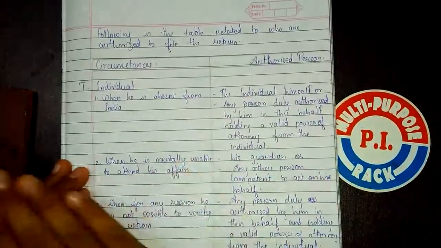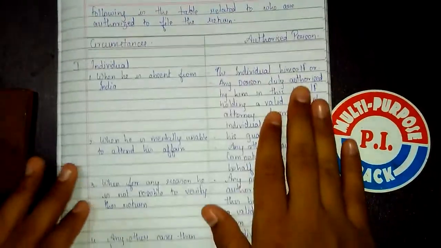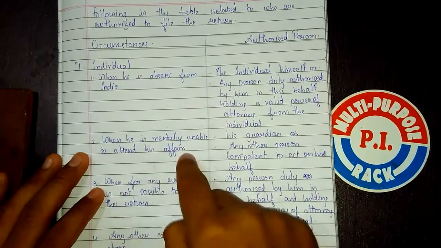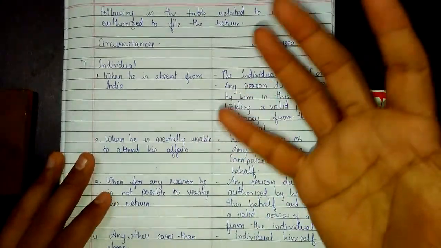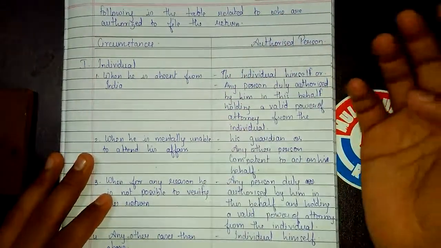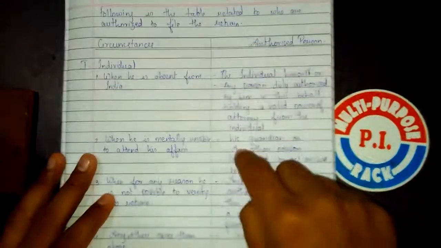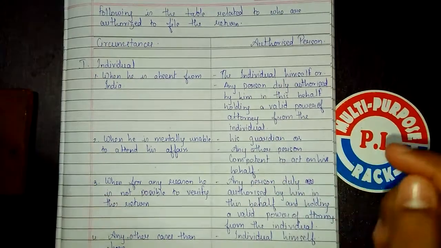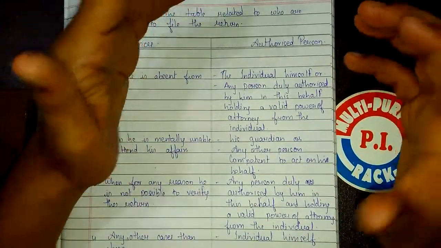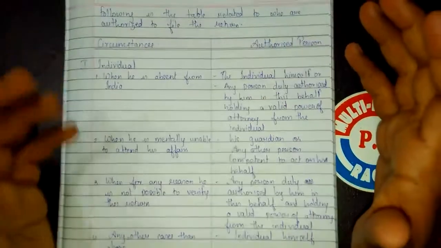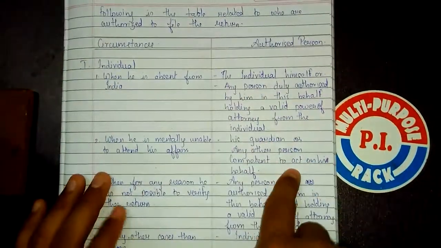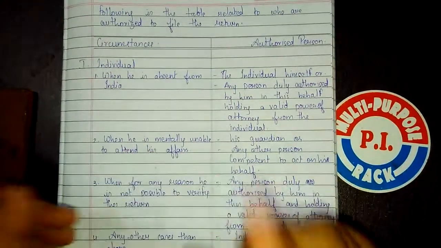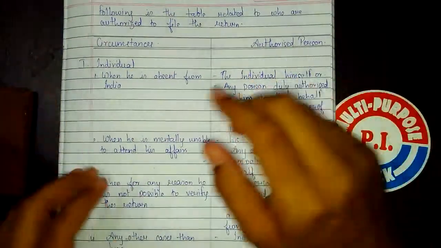We'll go for a rapid revision of this chapter at the end of this chapter. When the individual is mentally unable to attend his affairs, that means the individual is incapable of attending his affairs, then the authorized person is his guardian or any other person competent to act on his behalf. Act means to file the return on his behalf. So whenever a question comes regarding this, what will